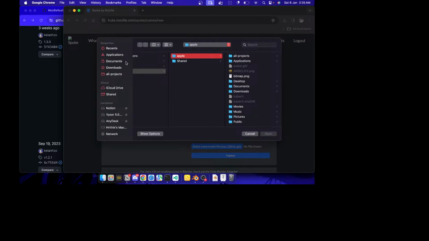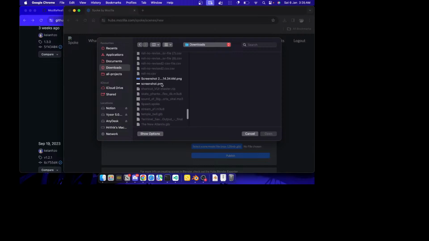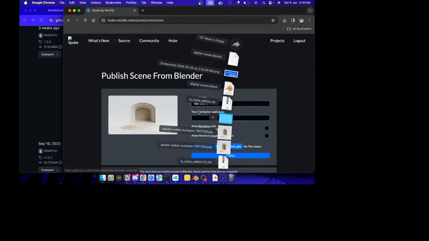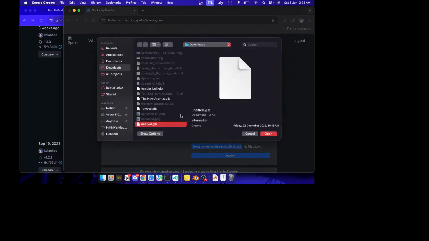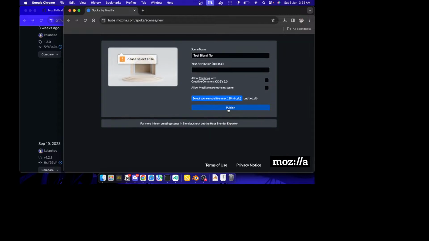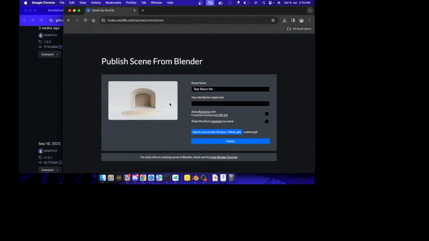I will have to select a thumbnail. So let's say in my downloads, I should have something which I recently downloaded. Yeah, so it's named Pixels. Okay, so this is the thumbnail that I'm using. And here I will have to select the scene model, or I can simply drag and drop it. So yeah, I think I will have to select it because untitled.glb. Okay, it's modified today. So I will open it and I will publish it. Okay, this one actually got deselected, so I will have to reselect. And